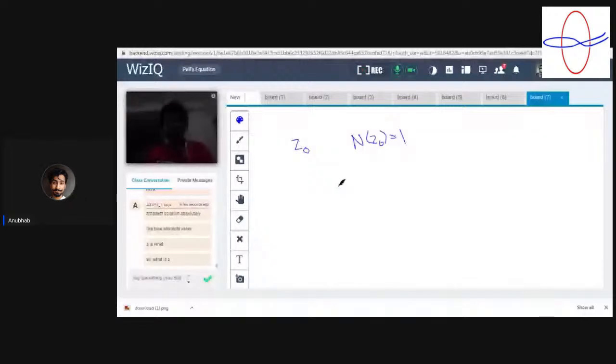So how do you prove that the norm of plus or minus z naught to the power n is 1? How do you prove this? This is basically norm of plus or minus